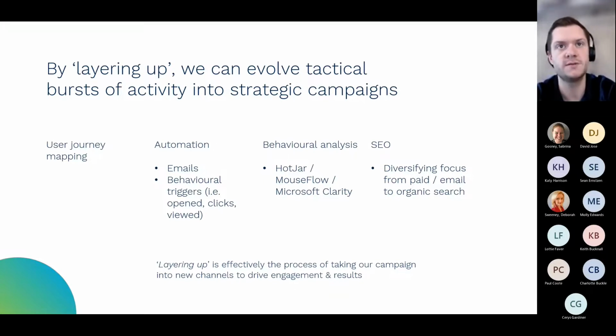And then from an SEO point of view, how do we diversify our focus from just putting organic social posts out, from just spending lots and lots of money on PPC or on LinkedIn ads or Twitter ads, or just emailing our existing audience and our existing database? How do we use SEO in a really strategic way that starts to generate really high value opportunities based on people's search intent? And again, there are some stats from an SEO point of view on just how important that is later on.